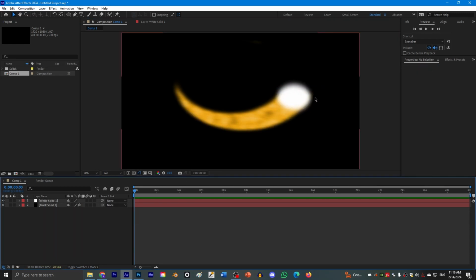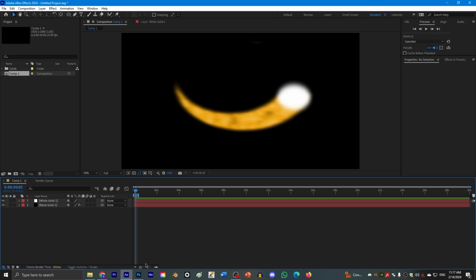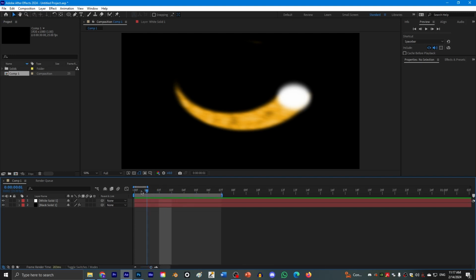After you finished what you try to do, what you can do is render this image in one frame and use a transparent background, so you can import it in Photoshop. So first of all we need just one frame, so you need to drag this over here to have just one single frame.